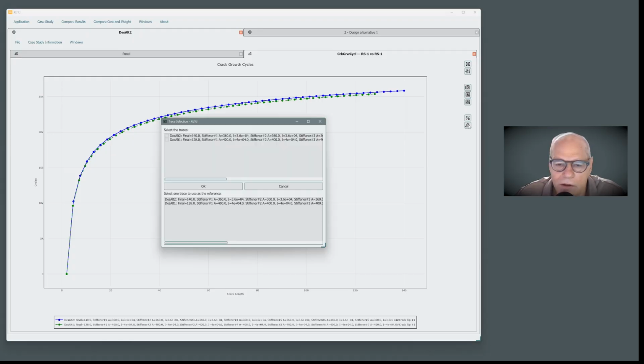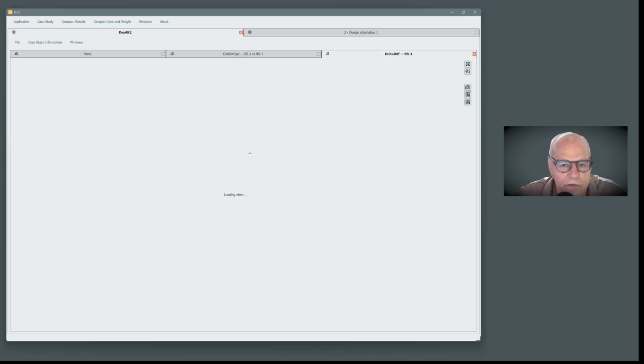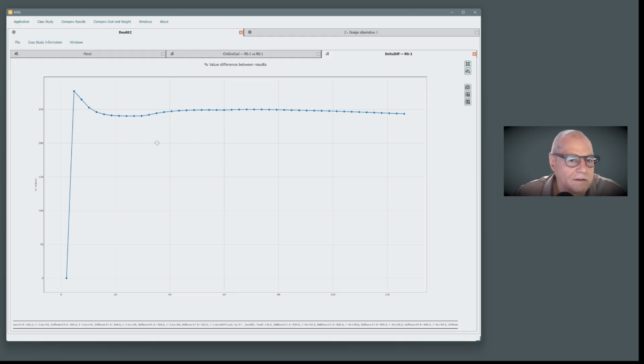We have this data here, which will compare the two trusses, which are the two curves, and plot the difference in the number of cycles as the crack grows. So in the final stage, we can see that we have a delta of